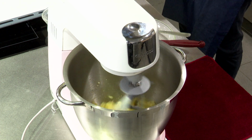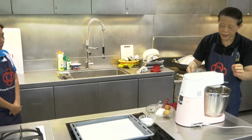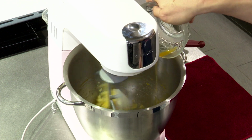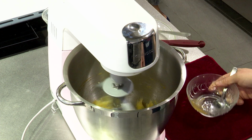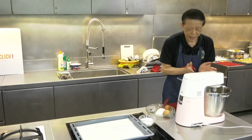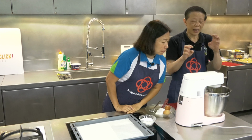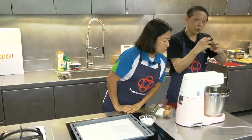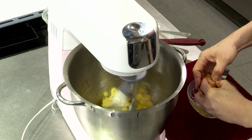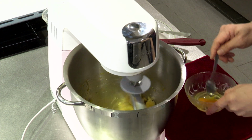When you're adding the egg, just give it a beat. Just dissolve the egg yolk and the egg white together. And then we go on low speed, and then we add it in slowly. You must let the egg beat until you can't see the egg anymore. Now, it will not come together, but as you add the egg, it will become a smooth paste. 你在慢慢的加那个蛋的时候，其实它会慢慢的混成一团呢。